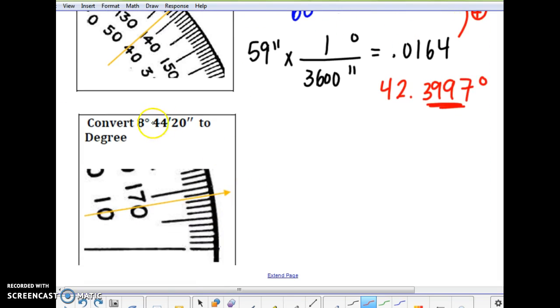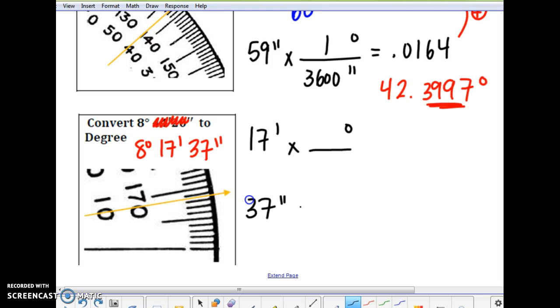That should be plenty. Let's make this one more fun. So we're going to do 8 degrees. Let's do 17 minutes, and we'll do 37 seconds. 8 degrees is going to stay. That's going to be in our final answer. We need to get this minutes part into degrees, and we need to get this seconds part into degrees. So we're going to put minutes on the bottom to cancel. 1 degree, 60 minutes. 17 divided by 60, go out 4 places for me,